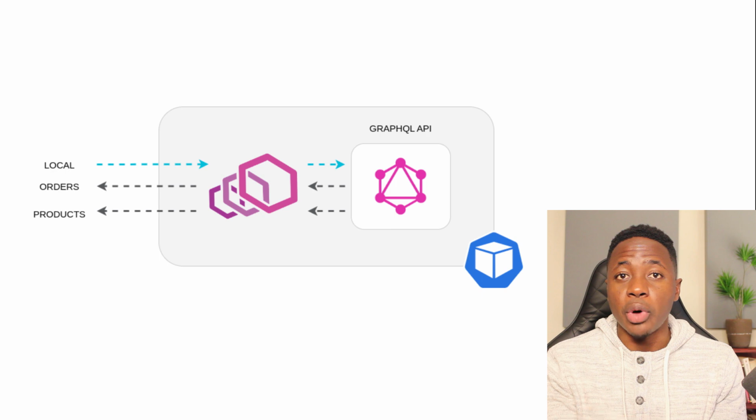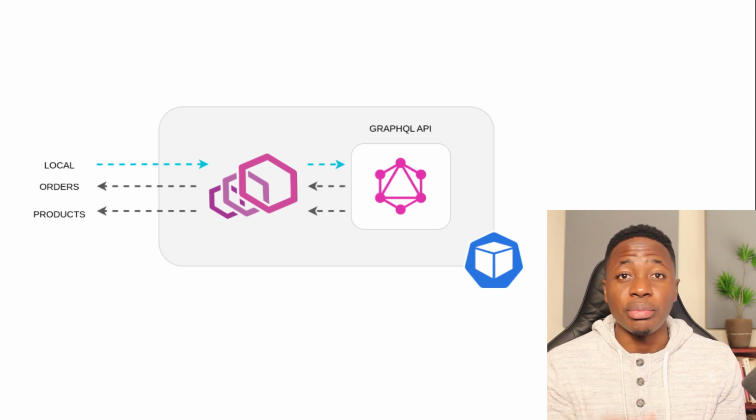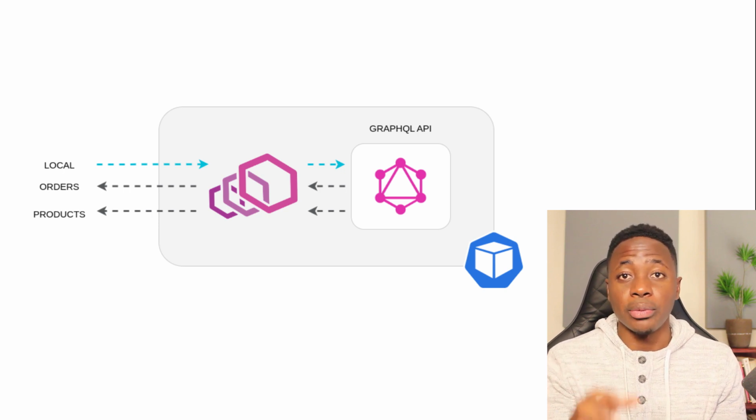GraphQL communicates with both orders and products so that it can aggregate them and serve the results as a response from a single endpoint. So the GraphQL Envoy proxy will be configured to have three listeners. The first listener is an inbound listener for traffic coming from the GraphQL Kubernetes service. That traffic will be sent to the Envoy proxy, which will in turn send the traffic to the GraphQL container